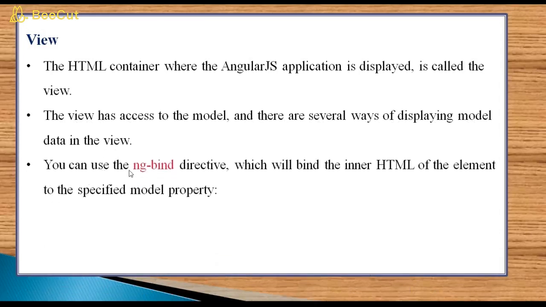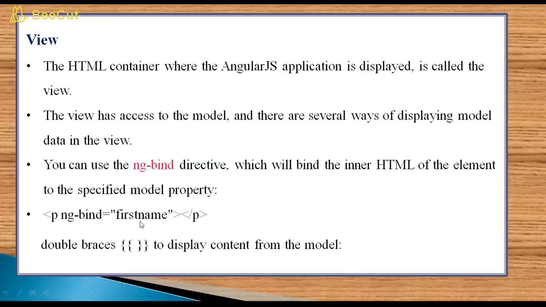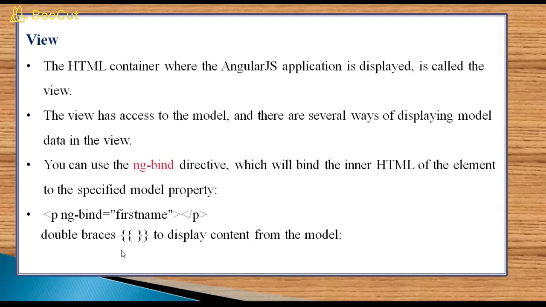You can use the ngbind directive, which will bind the inner HTML of the element to the specified model property. I am using here a paragraph tag with ngbind, this is a directive, equal to firstName, this is a value. Double braces are used to display content from the model.